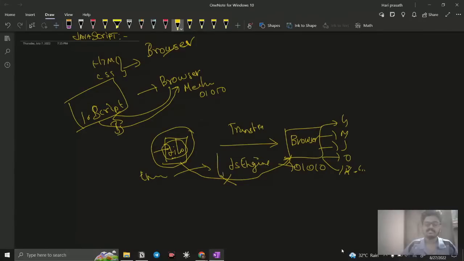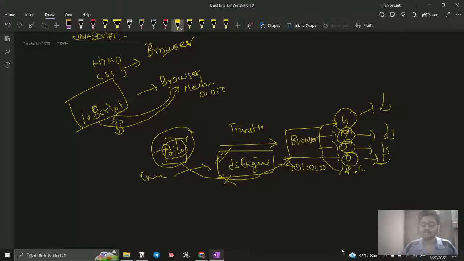So what is a JS engine? The JavaScript engine is present in each and every browser. For example, Google has its own JavaScript engine, Mozilla Firefox has its own JavaScript engine, and Opera Mini has its own JavaScript engine. Every browser has its own JavaScript engine, and they name it also. For example, the name of the JavaScript engine in Google is